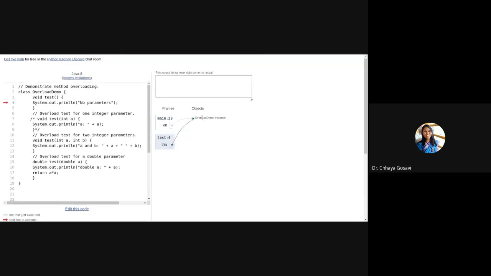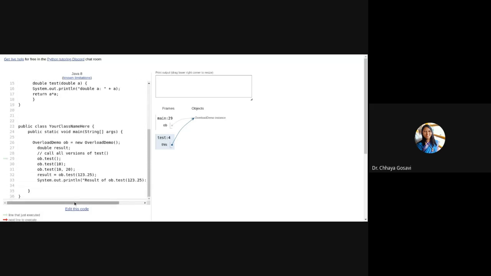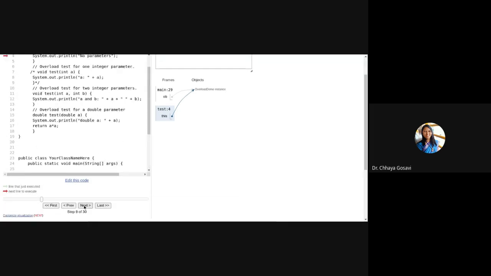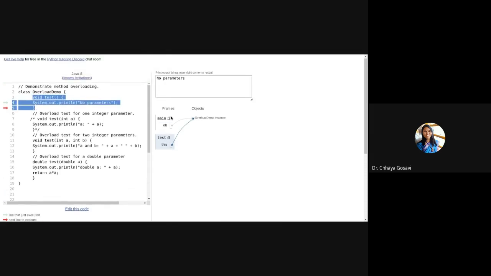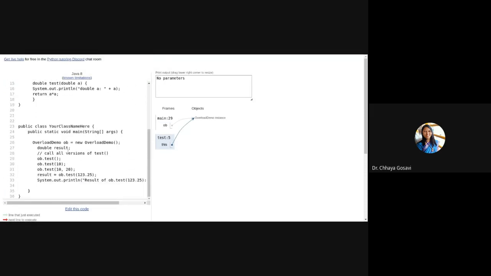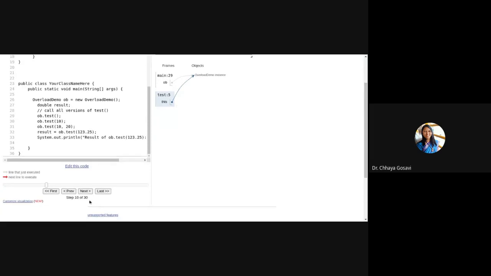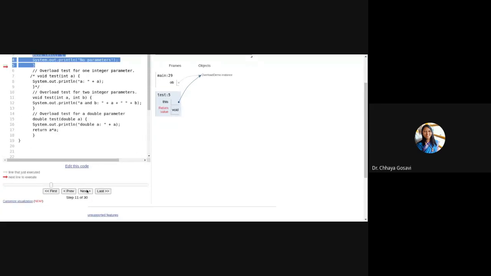Note that the object didn't have any variables. It has executed this part, no parameter, for the first function call ob.test.